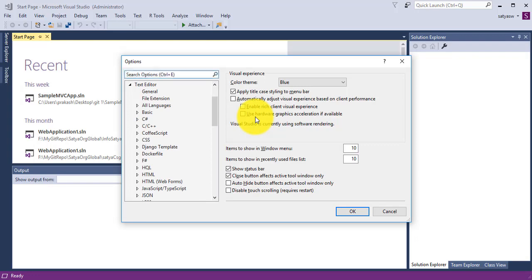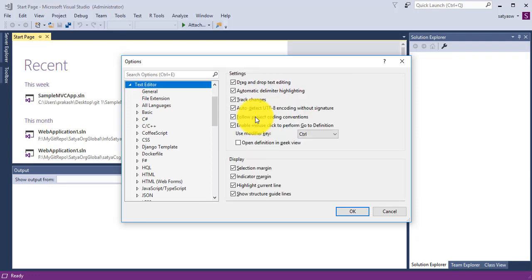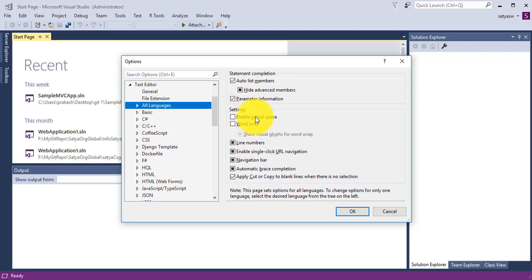You can see here another option, text editor, and in this text editor there is one option called all languages. If you select all languages, there you should disable this code lens property. So if you go to text editor, all languages, there are many sub options there: general, scroll bars, tabs,